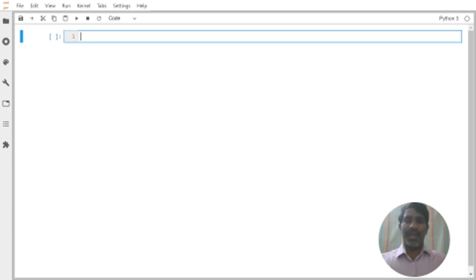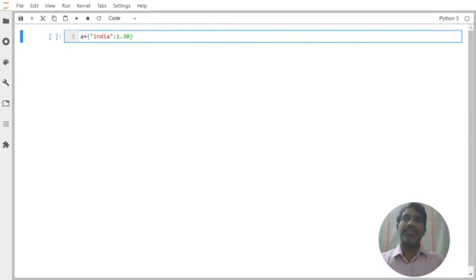Okay, now I am trying to create a dictionary using curly braces. Let us give A is equal to curly braces, and I want to go for India, then what is the population we are trying to take? Let's say 1.30, something like this.